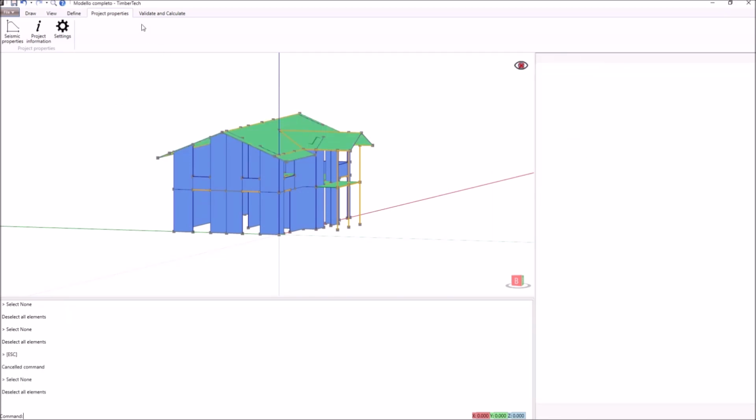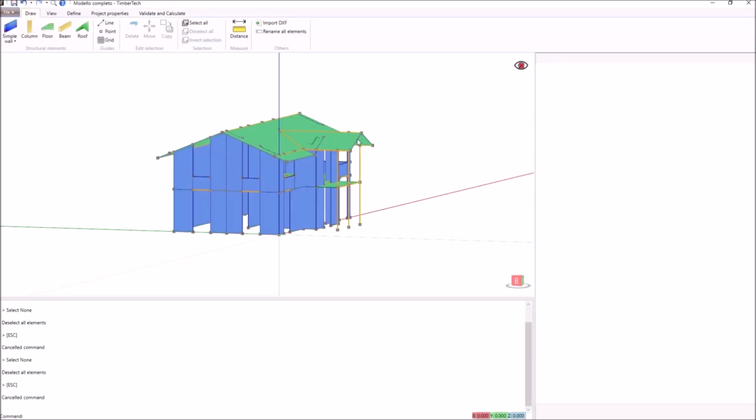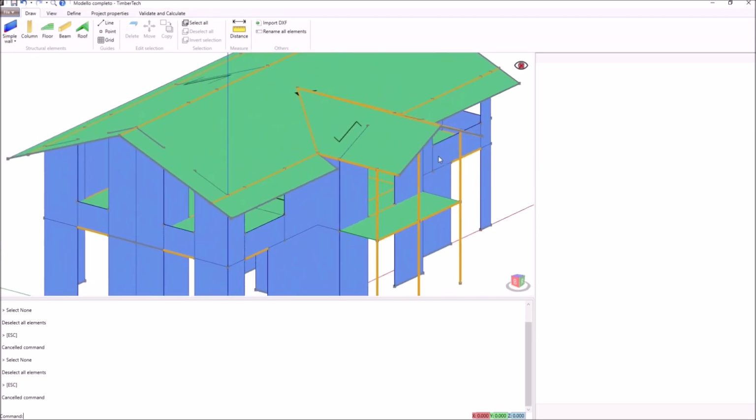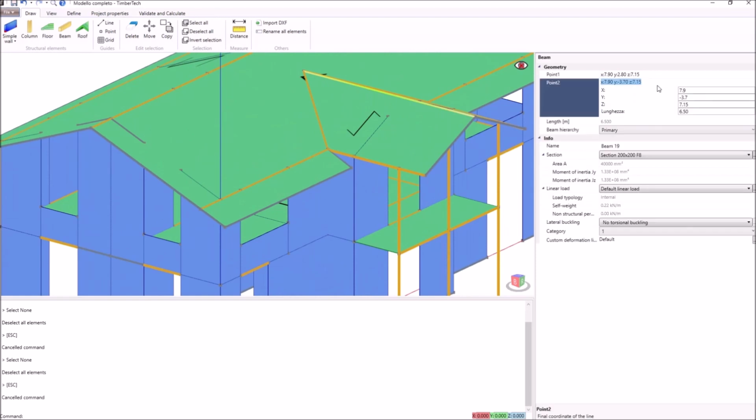Okay, everything is defined, we can finally validate and calculate the model. On the Validate and Calculate section, the software will check the model and, if it notices some issues, it will provide a warning. For example, if we shorten these beams and we try to validate the model,